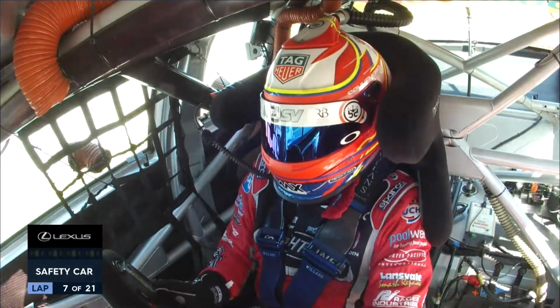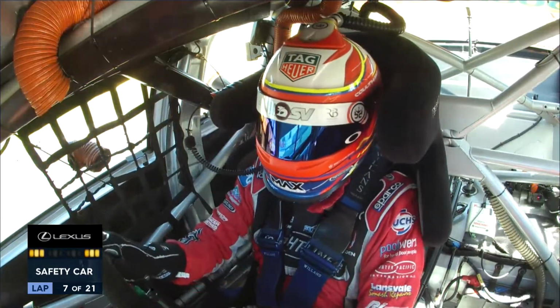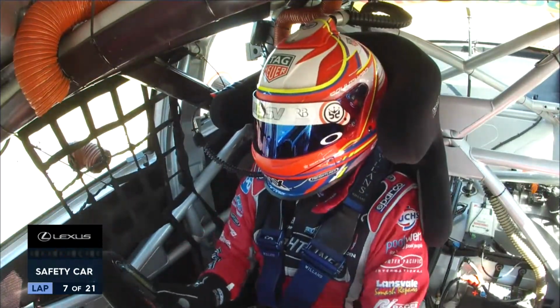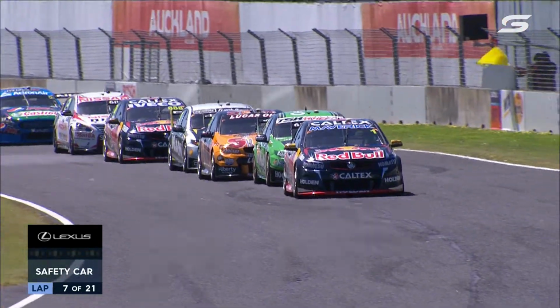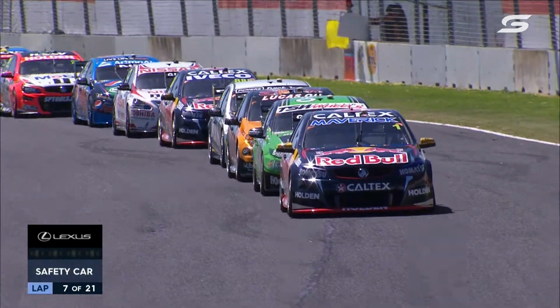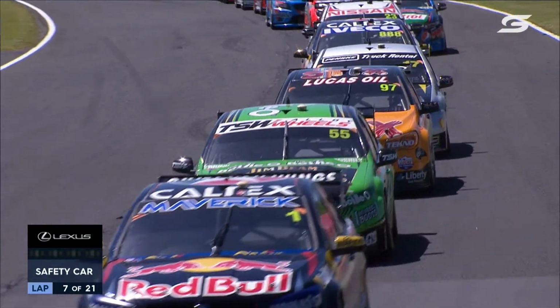Remember what Brad's talking about there. Same thing Neil covered off on the grid. It's really close between Reynolds, Garth Tander, Fabian Coulthard, who you watch here, and Shane Van Gisbergen in that race for 3rd in the championship. Fabian actually took the opportunity to also do a practice start rehearsal as he departed the pit lane there, and